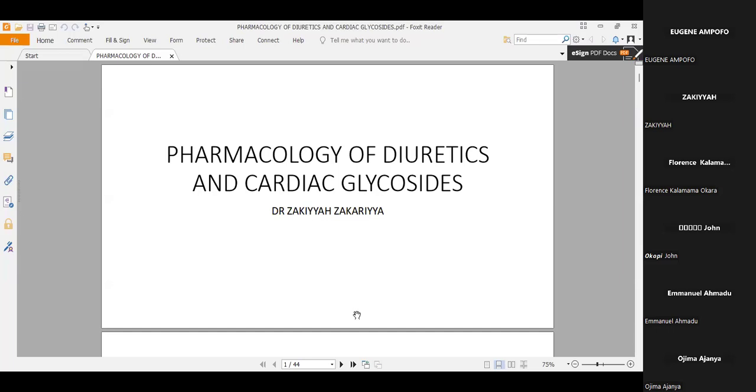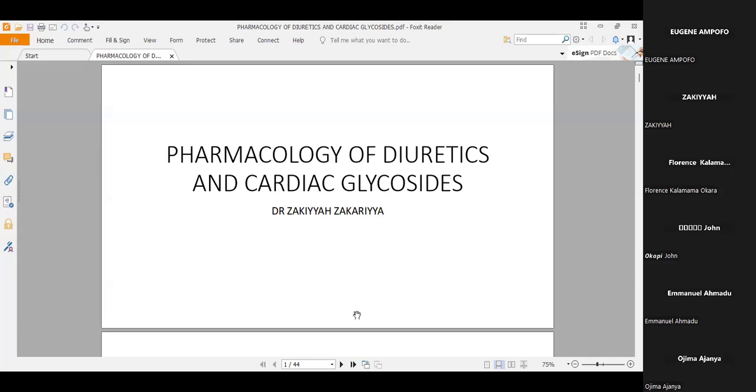It comprises the late distal convoluted tubule, the connecting tubule, and the connecting duct. So we have two types of potassium-sparing diuretics based on their mechanism of action. We have the epithelial sodium channel inhibitors, under which triamterene and amiloride fall, and then the aldosterone receptor antagonists, under which we have